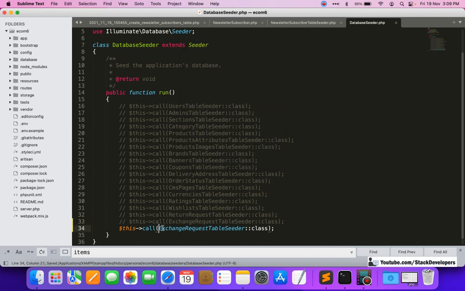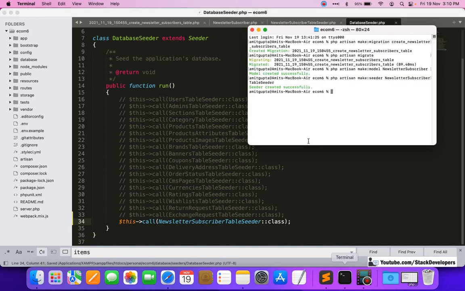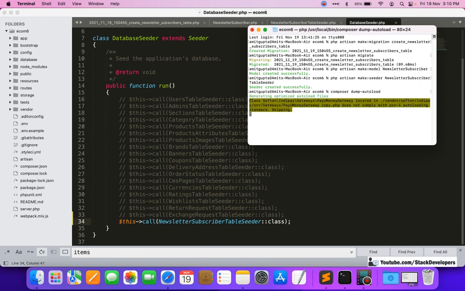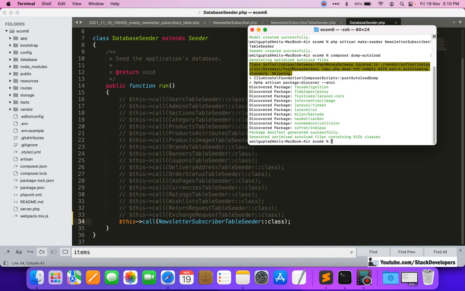Here we add our file name, NewsletterSubscriberTableSeeder. Okay, that's fine. Now we are going to run two commands. One is composer dump-autoload, which is required now in Laravel 7 and 8. In Laravel 5 it is not required, maybe from Laravel 6 it is required. It is better to run this command, and it will not do any harm even if you run it.